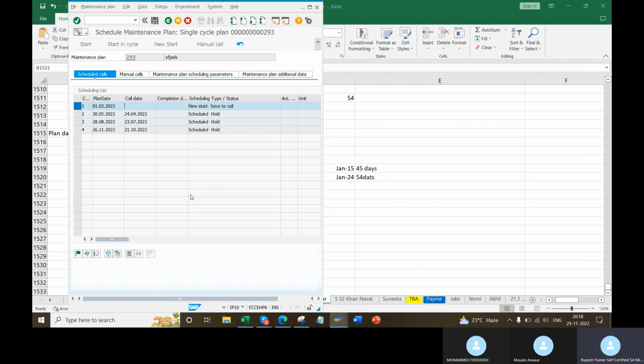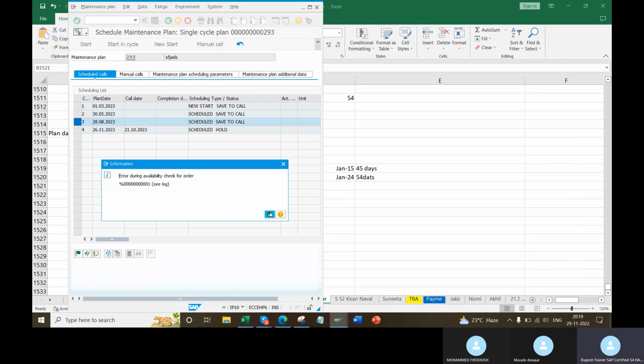The call date will go into empty, because the order is getting created. Since the order is being created, this field will go to empty. See, next line: select it, release, will go to empty. Select, release, will go to empty, because when you save, work orders are going to be generated for all three calls.